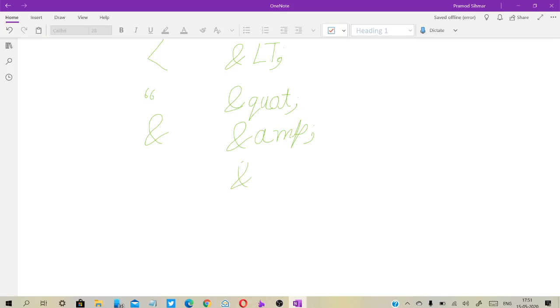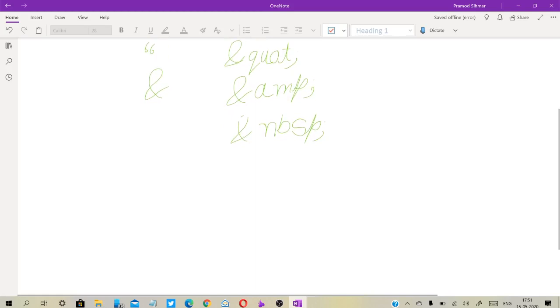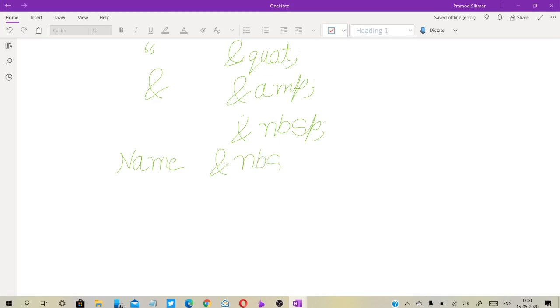If you want to give space between two words, then you can use ampersand NBSP, terminator. For example, we want to write our biodata name, and after the name you can give space by writing ampersand NBSP, terminator.